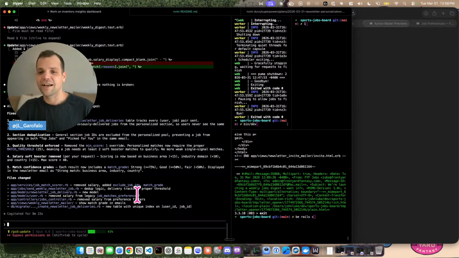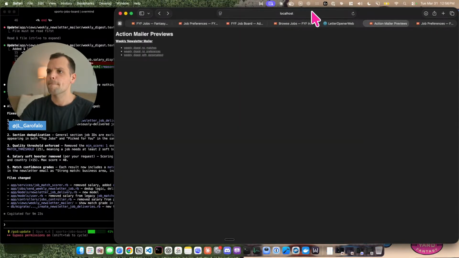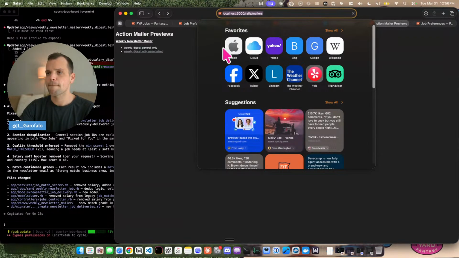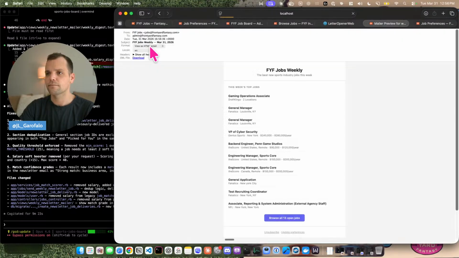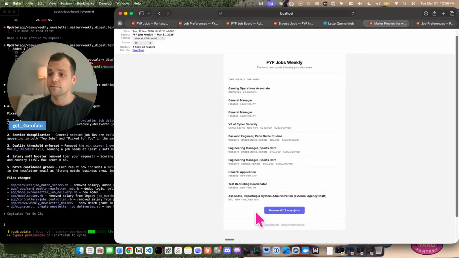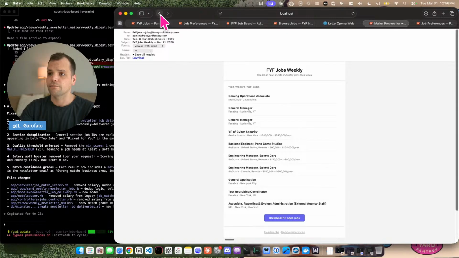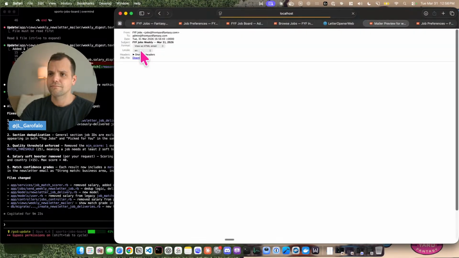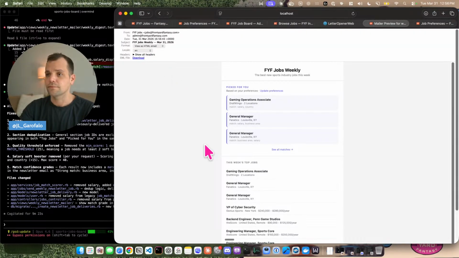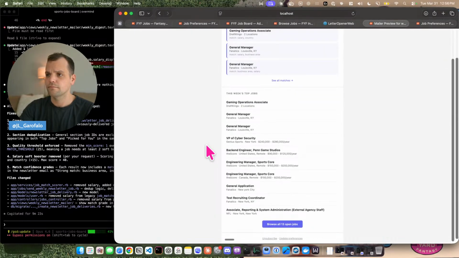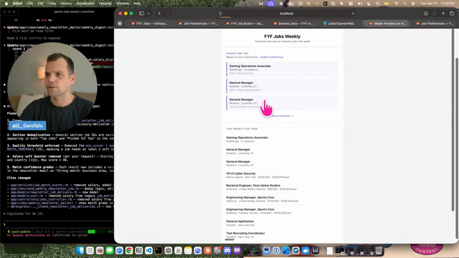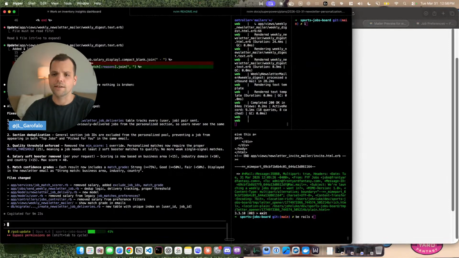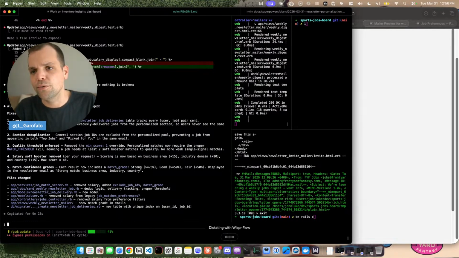Okay, new table, sweet, excellent. I guess the best way to test this would be to go to those previews and see what comes up. Generalized only, okay. That looks good. Looks like the same one. So in order to test it, let's ask: do we need to generate new emails?